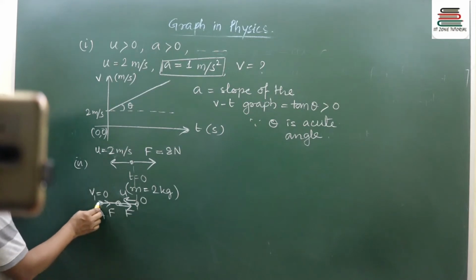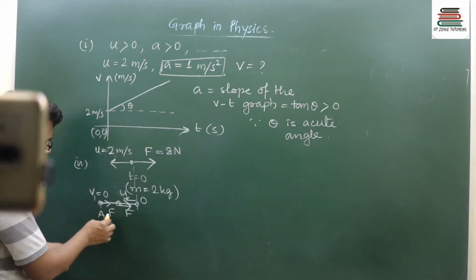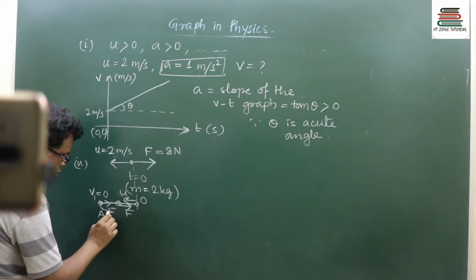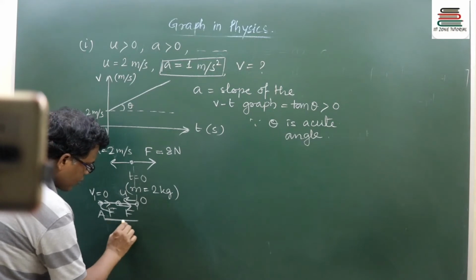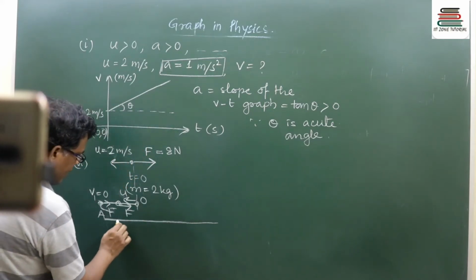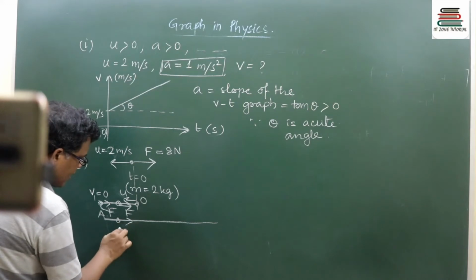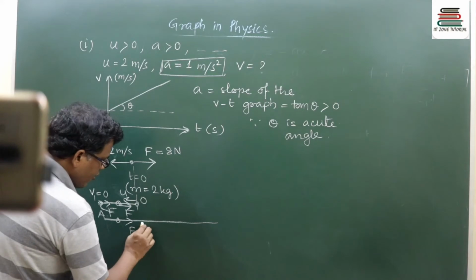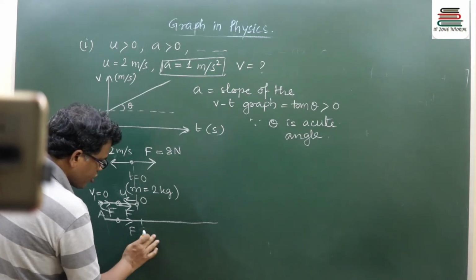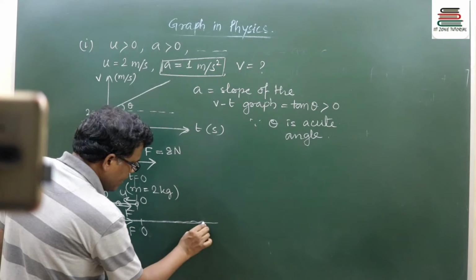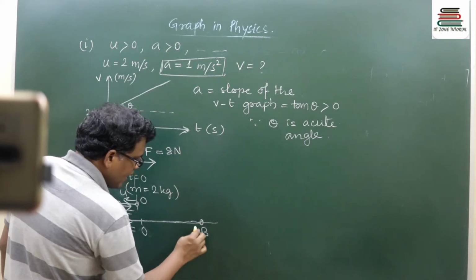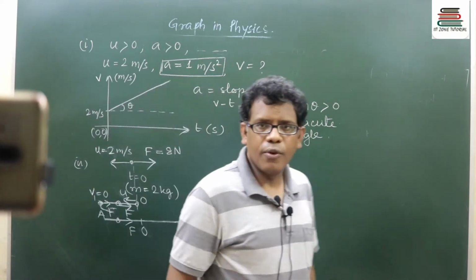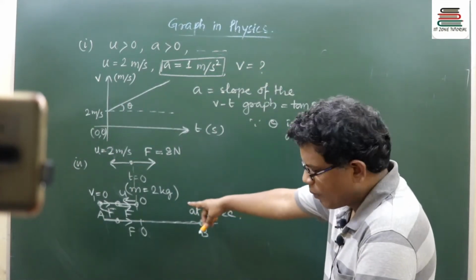Then what happens? Velocity becomes momentarily 0 and the force is available in the rightward direction. So now, due to this force, the body will start moving in the forward direction. Are you getting it? The force which was retarding from O to A is now accelerating from A, crossing the point O again and reaching somewhere B at t seconds. This is any general t seconds. Could you follow the motion I am trying to explain?